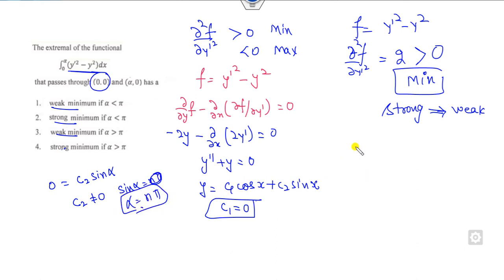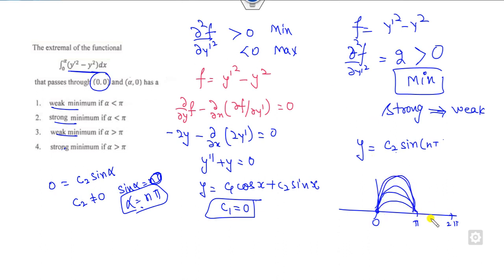Fine. So what is the solution of this? So c2 sine of n pi. So what is the meaning of that? Now this is 0, this is pi, this is 2 pi. So corresponding to c1, you have different extremals. They are the different trajectories. If you take about here,